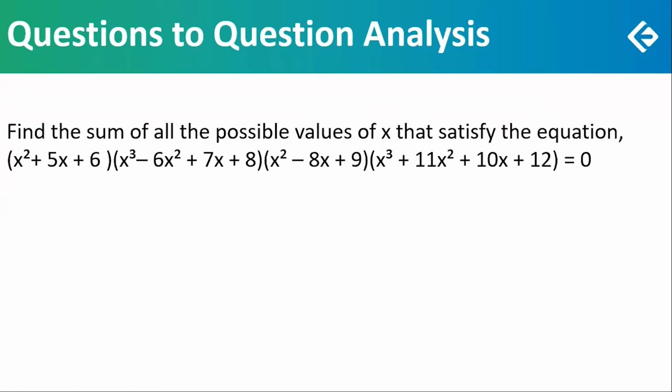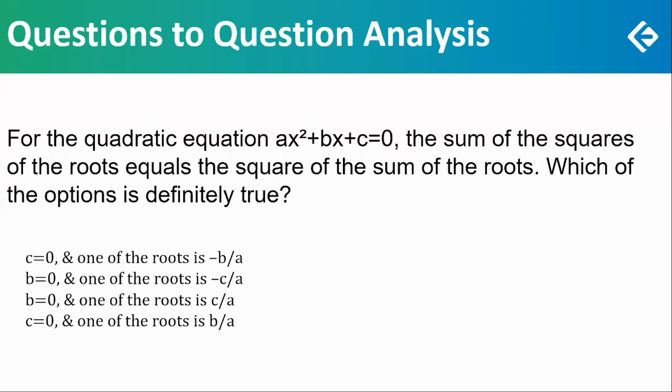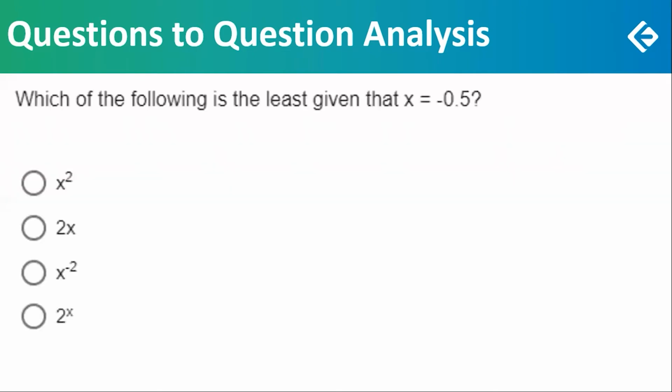All the possible values of x that satisfy the equation. The only thing, of course, I think we should have mentioned is all the possible values, even if repeated. If some values are repeated, maybe we don't know from far off whether it is repeated or not. So if that had been mentioned, it would have become actually a very easy question for those who know the secret. But let's call it moderate for now. If I go back to that question,